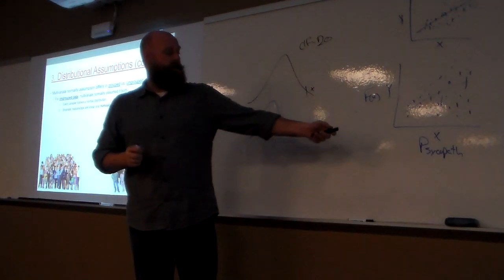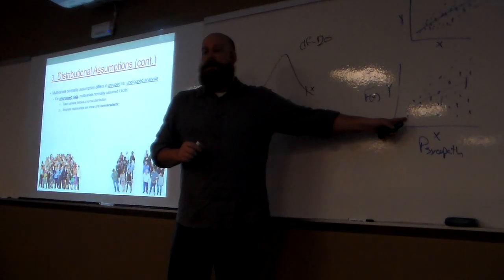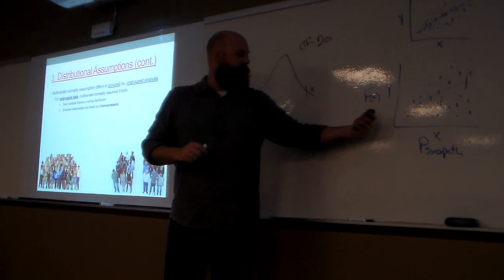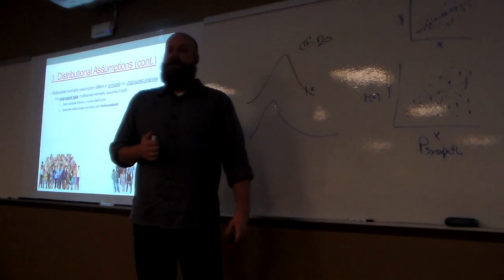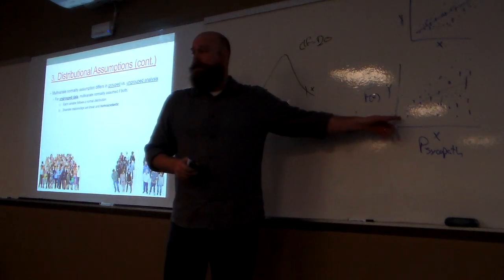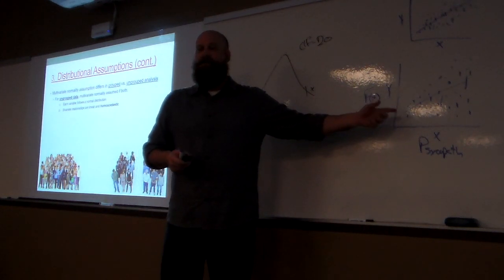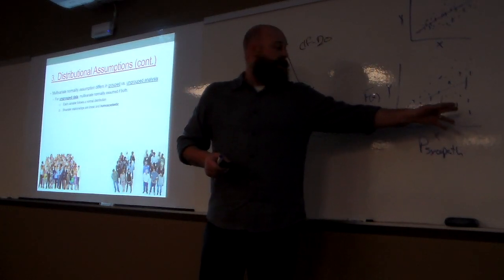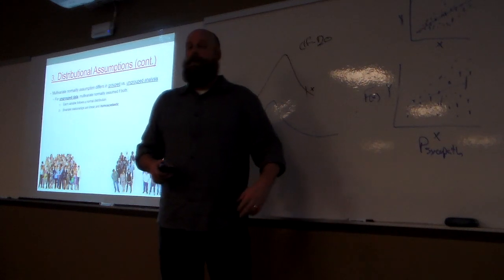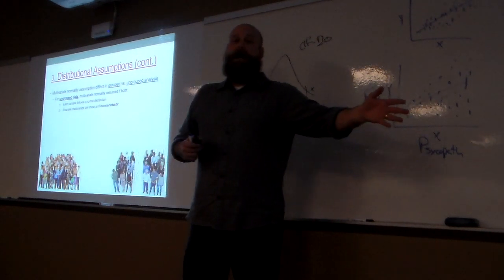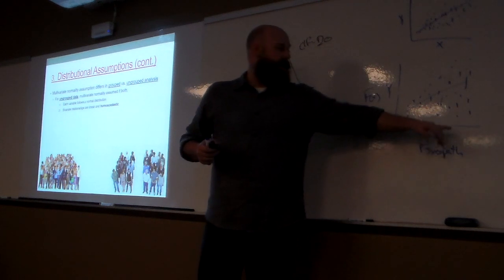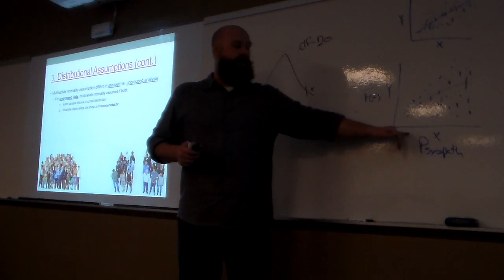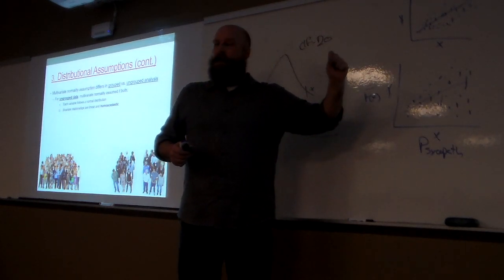So at low levels, if people have little to no PTSD, let's say this is PTSD and this is anxiety sensitivity or something like that, I don't get a lot of variability in my outcome because everybody's fine. But as we get increasingly severe symptoms, by the time we get out here, we have wide variability. We have people who are really high in PTSD but maybe have low depression, but also lots of people who have super high depression and everywhere in between, versus down here, if you have no PTSD, you don't have a lot of variability around things.